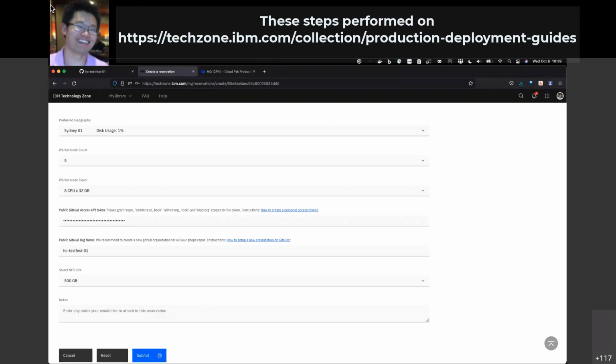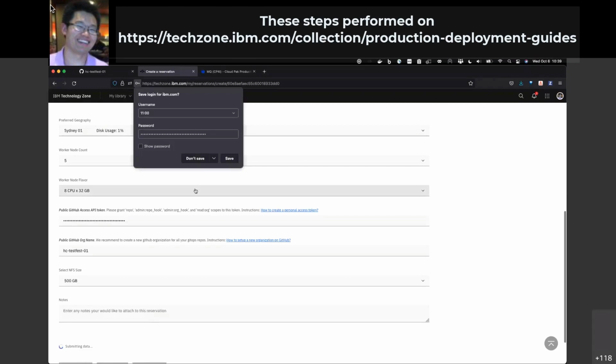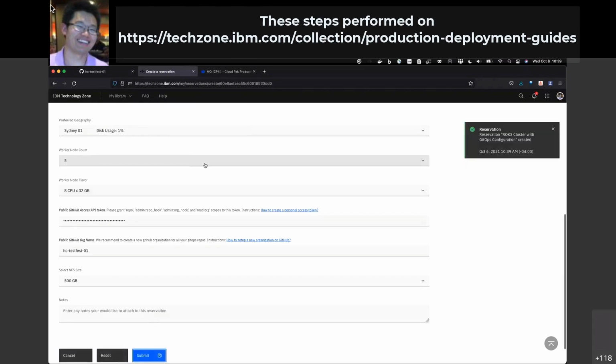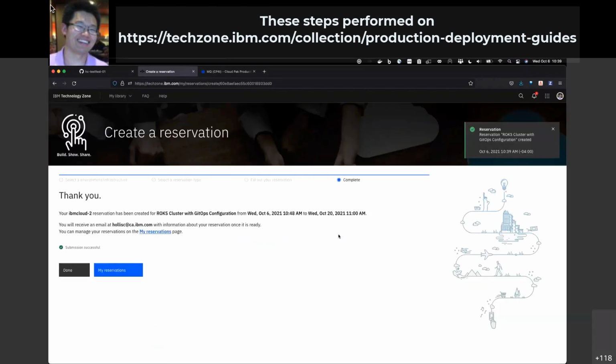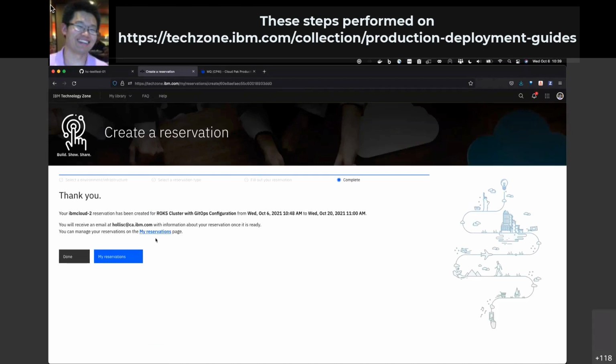So at the moment, the OCP version is set to 4.7. Later on, we will update this wizard to give users the option to select the version, but at the moment, it's set to 4.7. Sorry, so I'm going to go ahead and click submit. And what you will see is the confirmation that the reservation has been sent. And if you click on My Reservations,